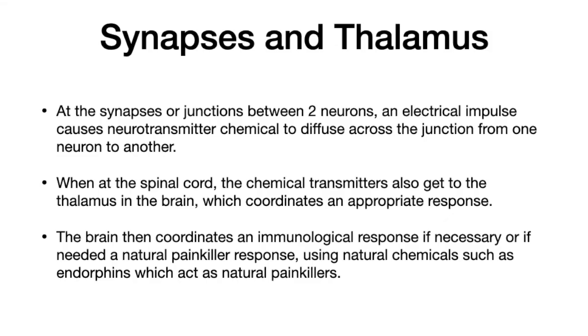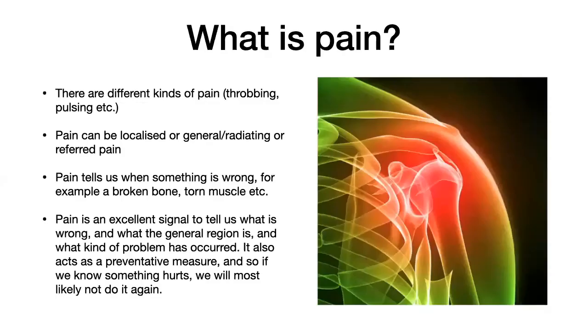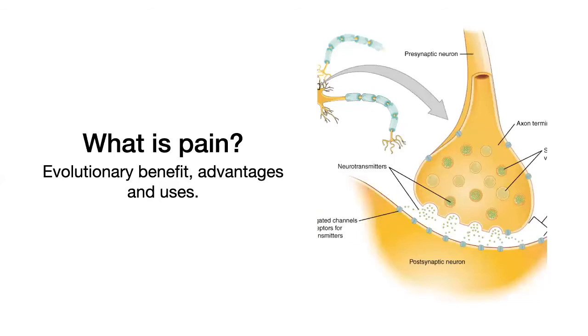So now let's talk about this. We're going to be talking about the thalamus, and more about synapses and how this passes through. At synapses, as you can see in this image, this shape is called a neuron, and the gap between two neurons is called a synapse, across which